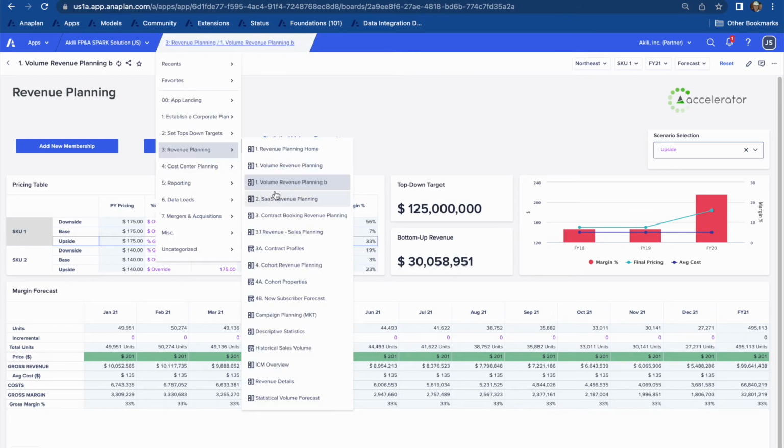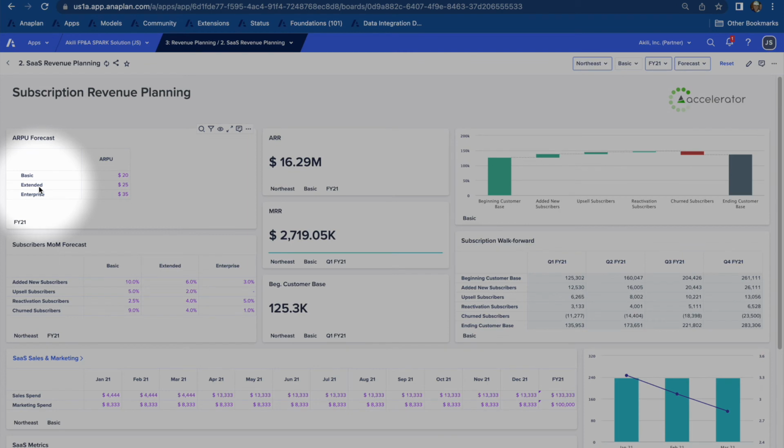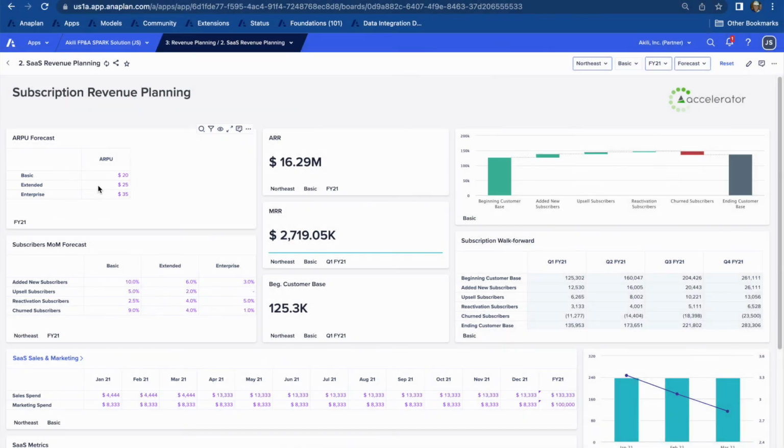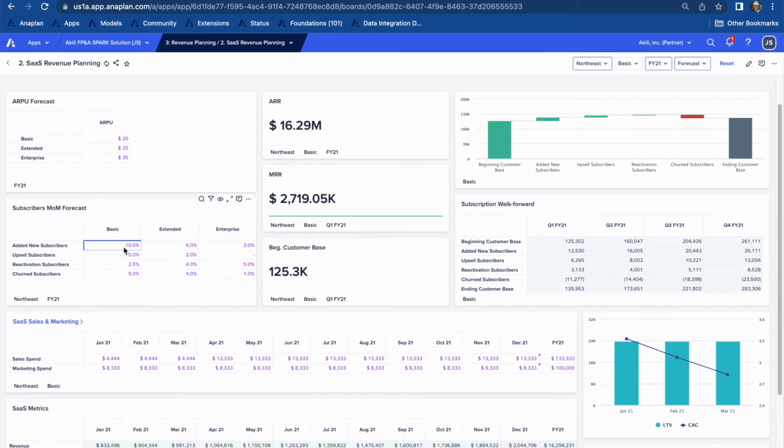Some other methodologies as we look at the buildup of revenue could be from a SaaS perspective or subscription perspective, where we've identified different areas or different offerings that we may have, and planning in this case may be first at an ARPU level for each one of those different offerings. As part of that driver-based piece, we're also identifying different levels or different areas of subscribers. So whether it be adding new subscribers, those we think are available for upsell, churned,